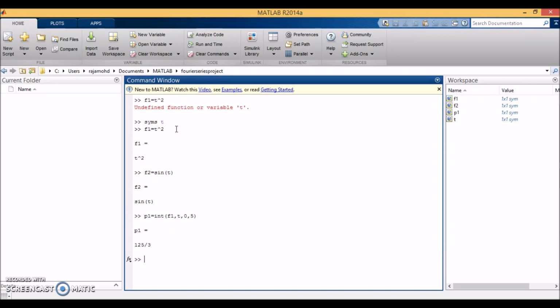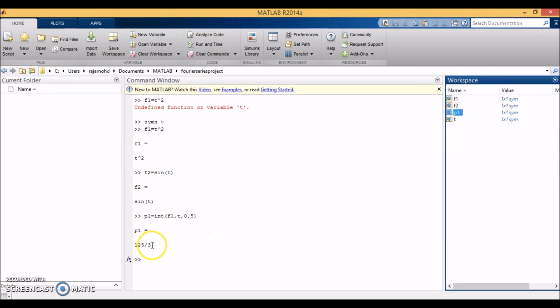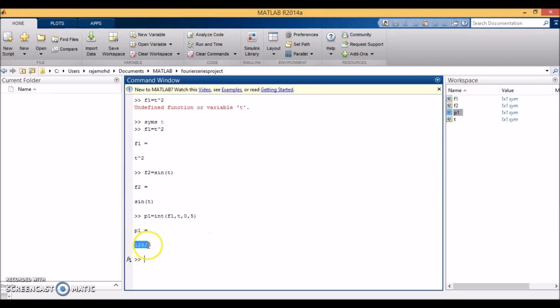So I hit enter. So the answer is 125 over 3. If you notice, even the value for p1, which is the answer for the integral, is regarded as the symbolic value,